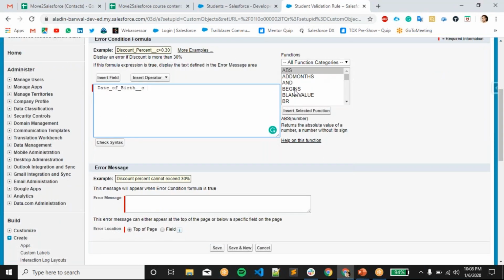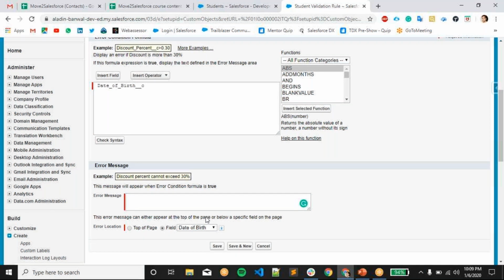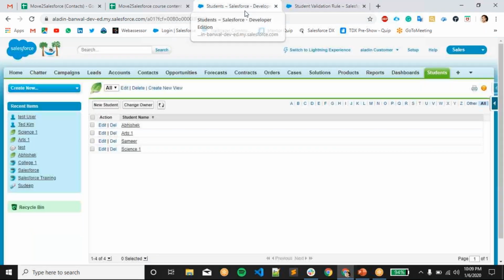This is the same as for a formula field, but it will not return you any value. It will return a true or false. If this formula is true, then it will display the error which you are going to give here. So here you have to mention the error, and you can specify the field or top of the page, where you want to display that error.